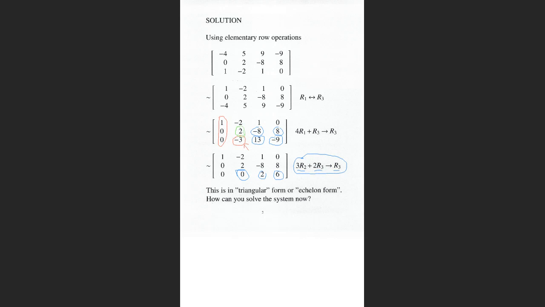All right. Well, this is what's called triangular form, or what's known as echelon form. And section 1.2 mentions echelon form. It's a definition, but basically what you're doing is, if you look here on the bottom left part of the matrix,